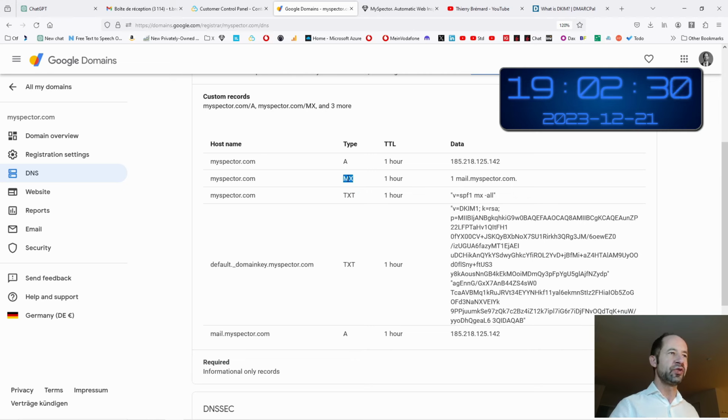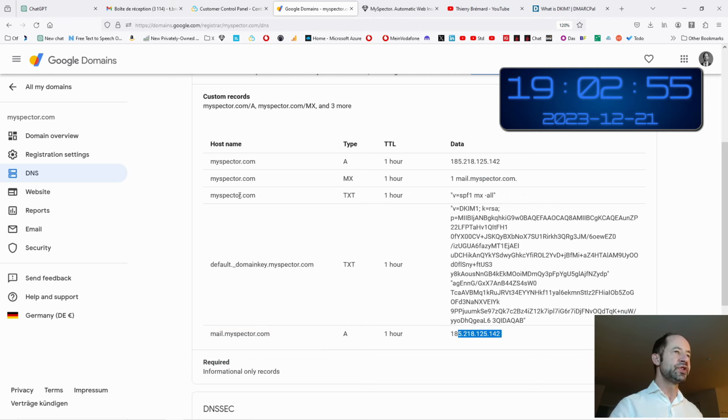By using the MX entry, I indicate which mail server is used. So any remote mail server, like when I use my Gmail, Gmail is able to spot that myspector.com should have an email server at mail.myspector.com, and it has the IP address by using this entry here.